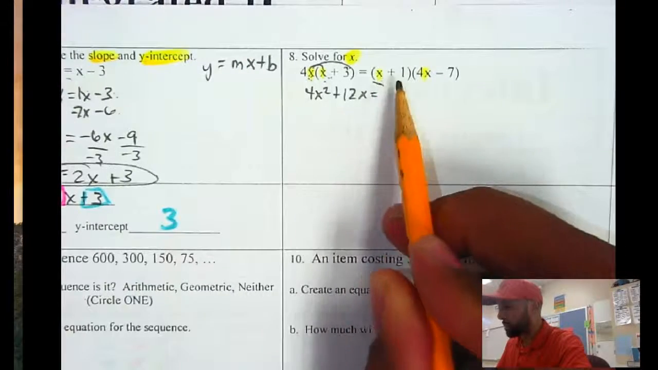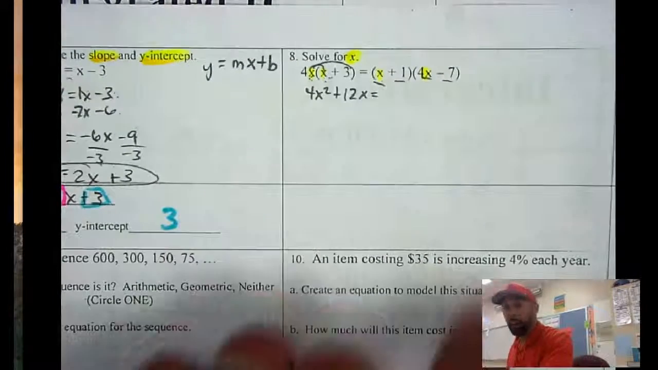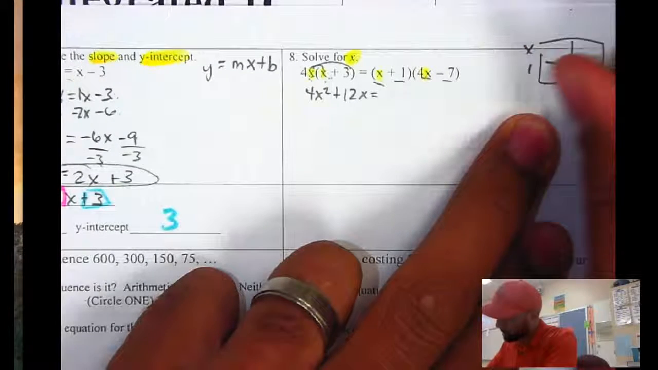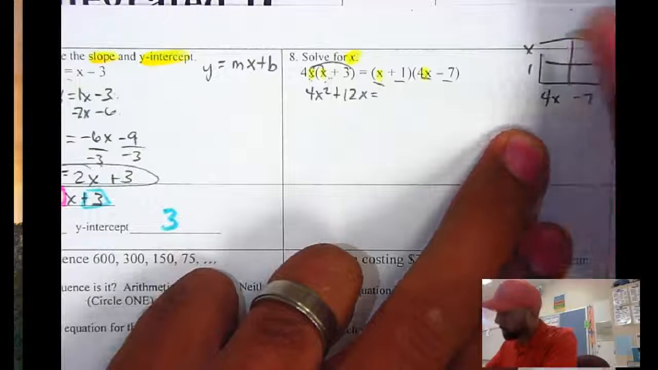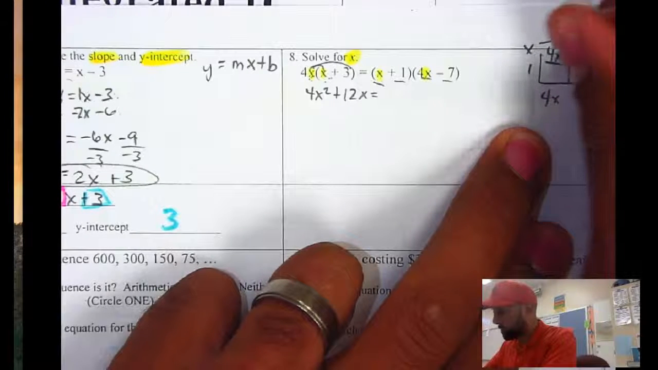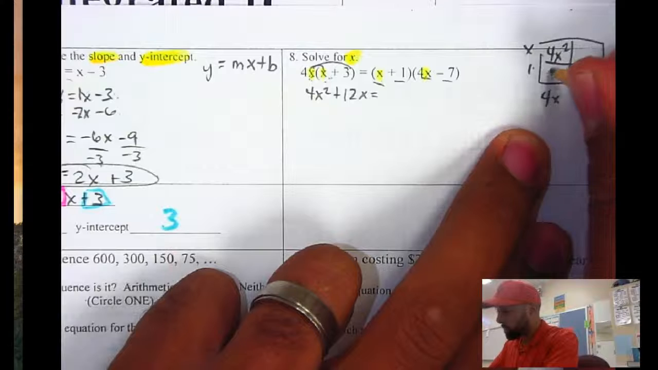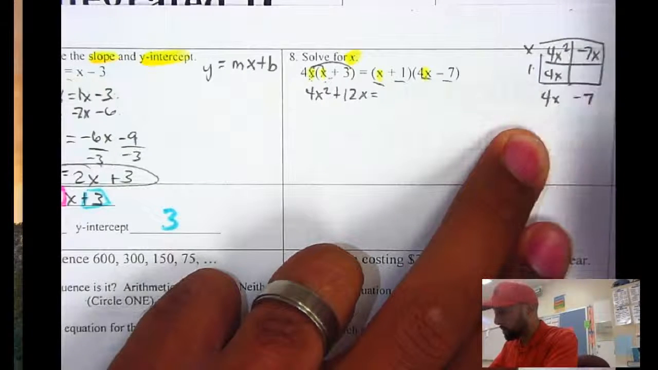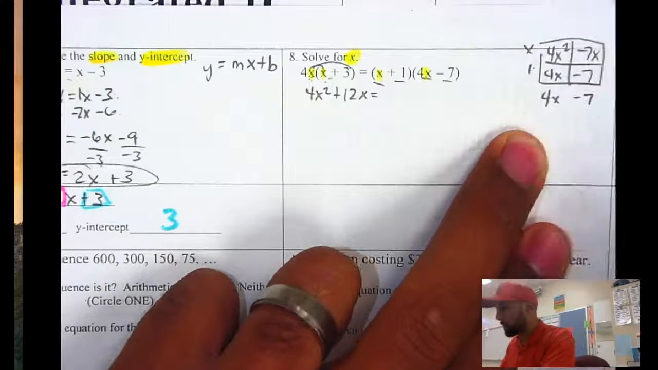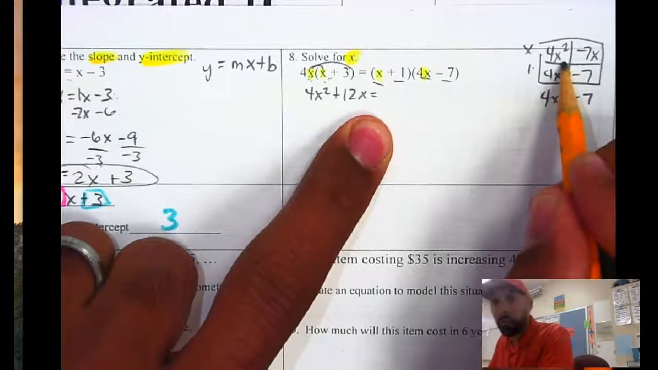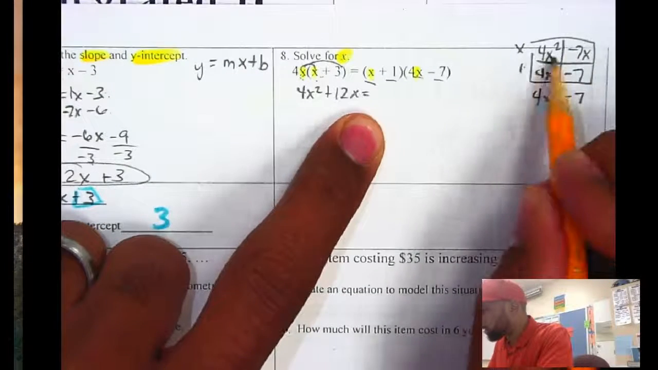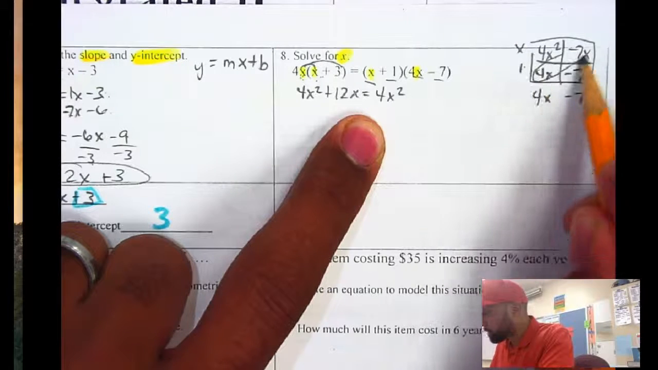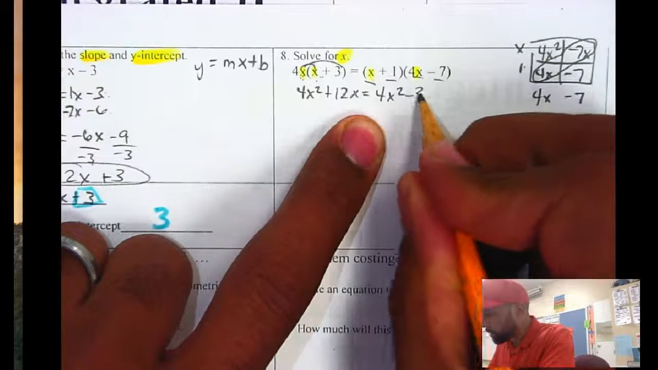Okay, now here I've got two numbers times two numbers, so I've got to multiply with the box. So x, 1, 4x and minus 7. So x times 4x, again 4x squared. 1 times 4x is 4x. Then up here it's x times negative 7, so negative 7x, and then here 1 times minus 7 is negative 7. So on this side, I'm going to add up all these terms inside. So 4x squared goes first, and now the like terms are 4x minus 7x, which is negative 3x, and then